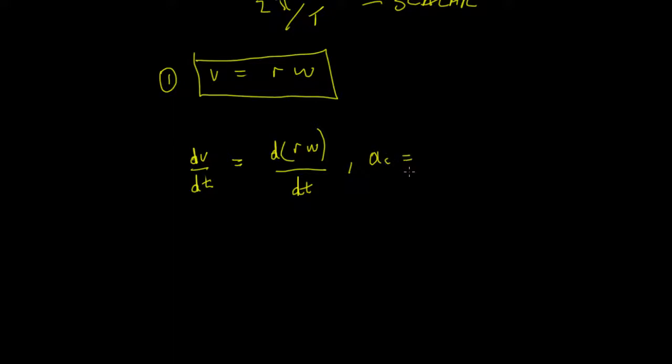Okay, the angular acceleration then is, well, r is just a constant, so that can come out, so it's going to be r d omega by dt. Now